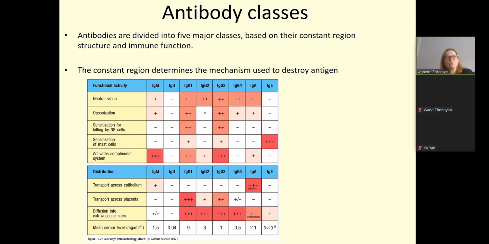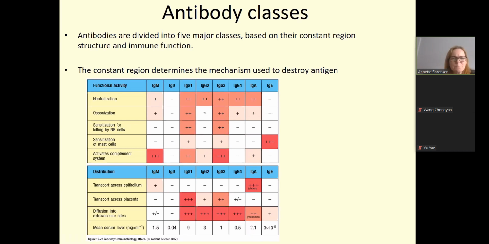So if you belong to the class IgM, you're very good at activating the complement system, and it's a mechanism which is used to destroy antigen. Well, for example, if you belong to IgA, that mechanism is not the main mechanism which is used to destroy the antigen. Now, if you look down at the bottom of that figure, so down here,